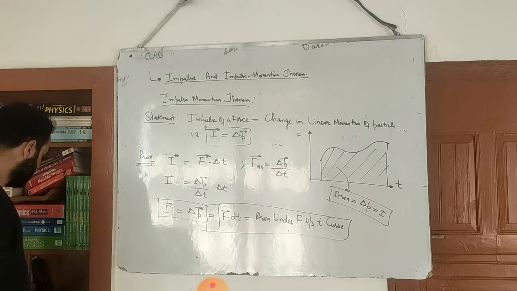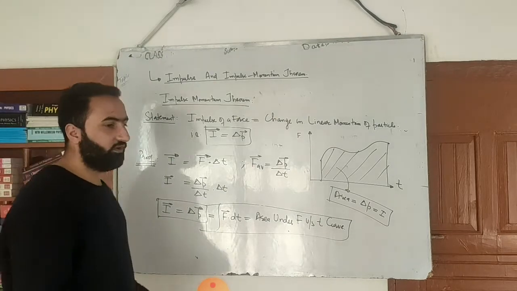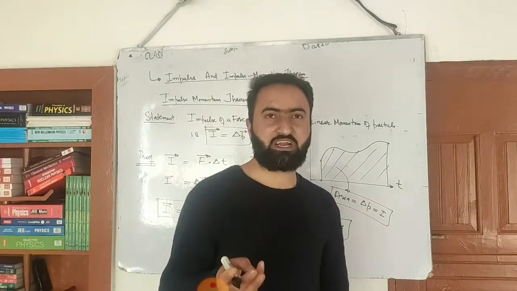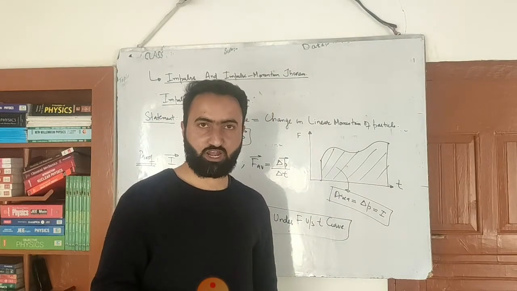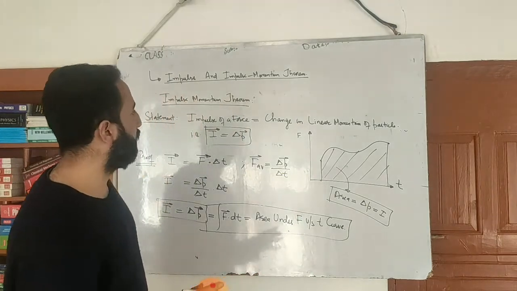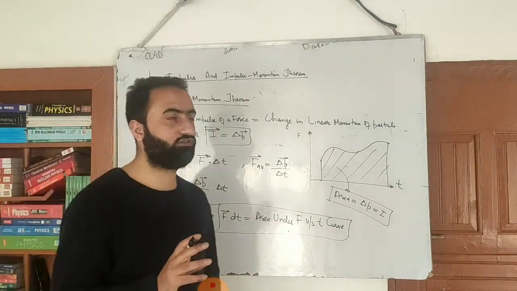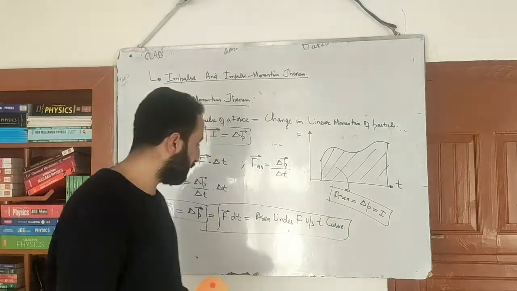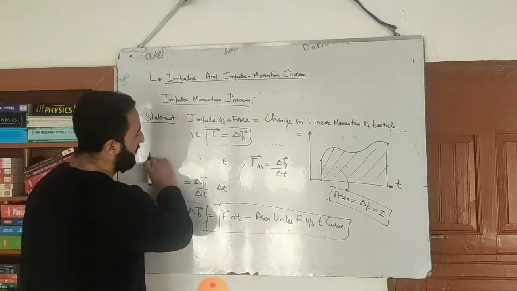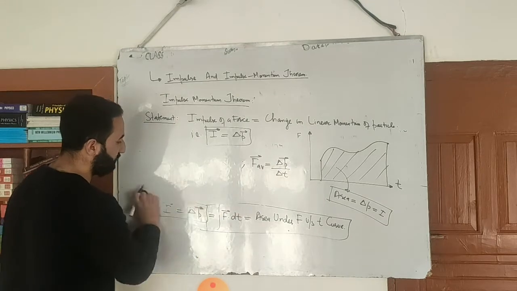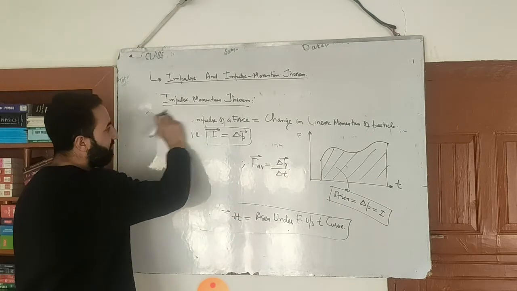So till now we have completely defined what we mean by impulse and how we define it. We are done with that as well. And what is the impulse momentum theorem? Impulse is equal to the change in momentum, and that is also equal to the integration of F dt. Now let's do a couple of examples on this impulse, because examples are continuously asked from here.